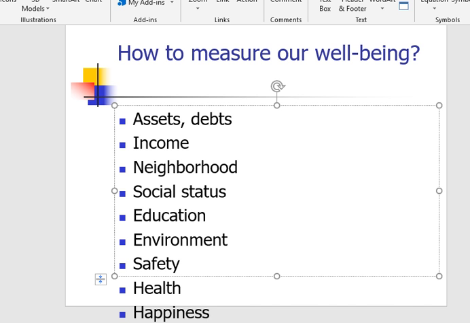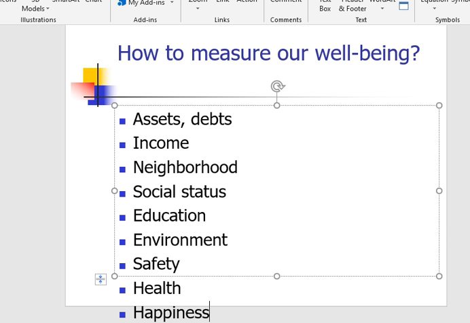Well, there may be some good reasons why we tend to leave out some of these key indicators. When you look at the list, I'm sure you can add a lot more, but some of them are very well defined. That means everybody knows what that means. For example, assets. Everybody knows what that means, right? Things that we own. Income. Everybody knows what that means. Money that we earn when we work.